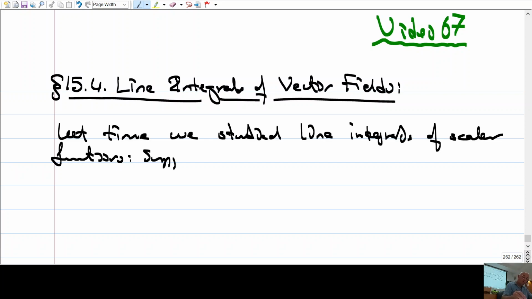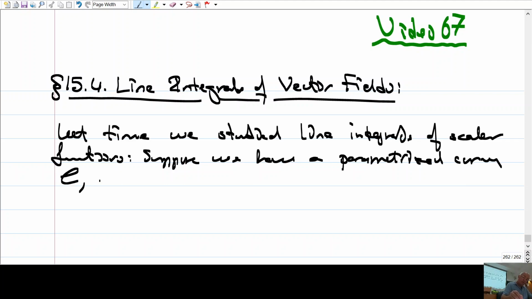Suppose we have a parametrized curve C with parameterization, let's say r(t), t from an interval [a, b], and a function